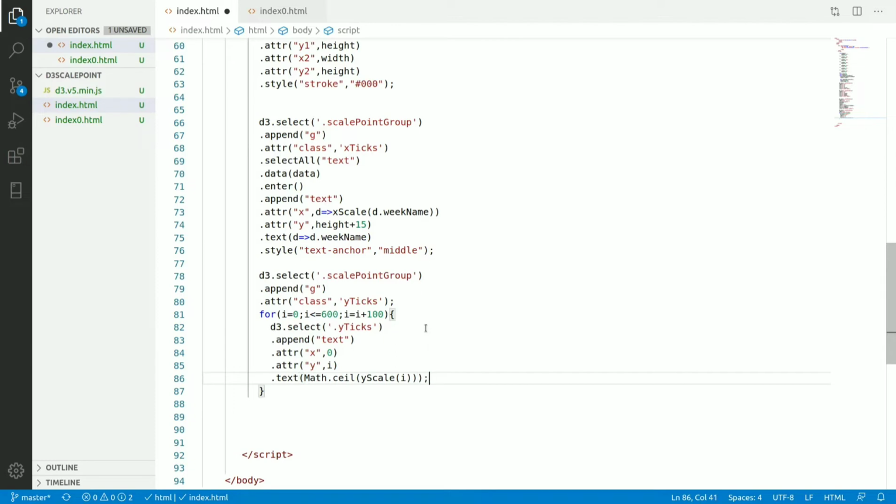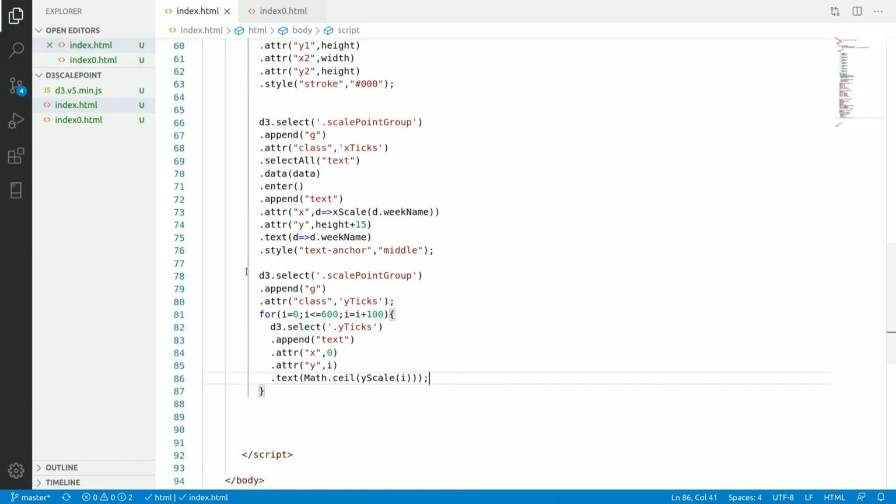Let's see what happens here. We got this one. First I will just display the i.